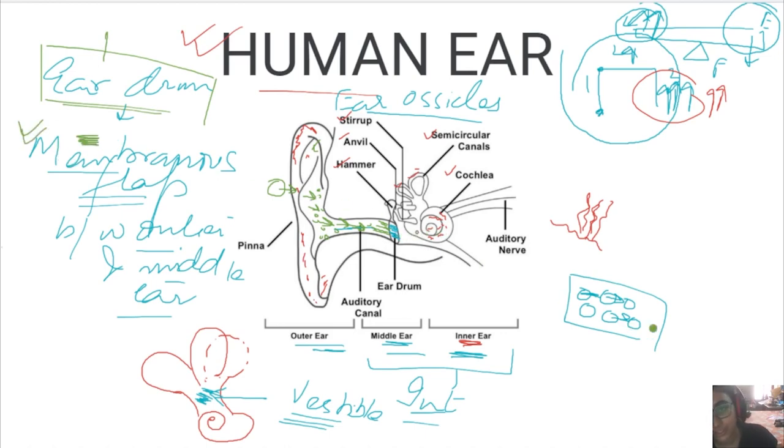Now, as I told you, the eardrum is attached to the ear ossicles in this manner. So if the eardrum starts vibrating, then obviously the first ear ossicle, from that to the second, and from that to the third, all of them will start vibrating, and each time they vibrate, they will amplify the amount of vibration due to their lever-like action. Just write it here.